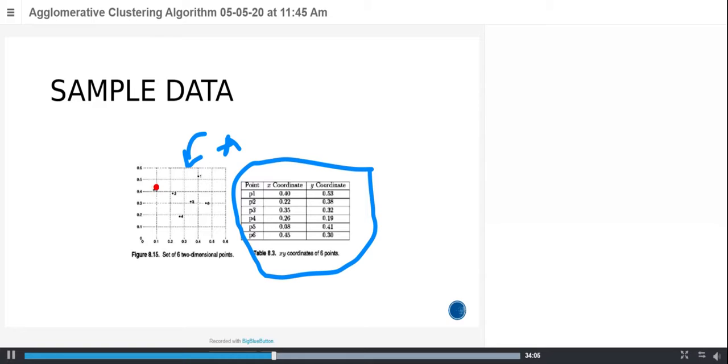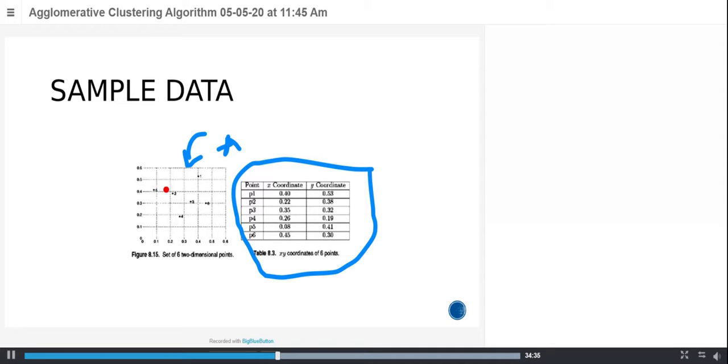As we know, the first step of agglomerative is that each point is a separate cluster. Is it right? So now the second step, we have to select any two clusters which are closer to each other, in order to merge them. The first step is easy for everybody. There is no problem at all since each point represents a separate cluster. Now for the second step, we need to consider the distance. Is it right?